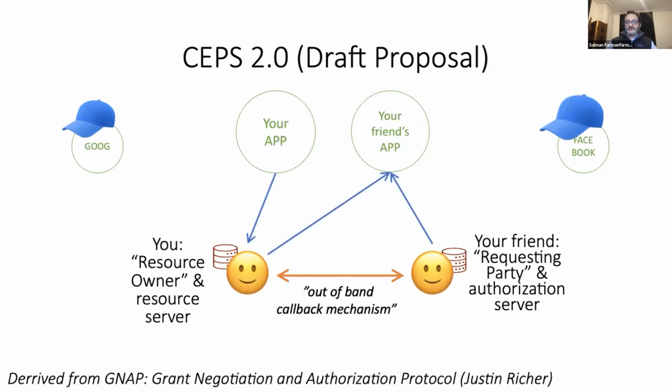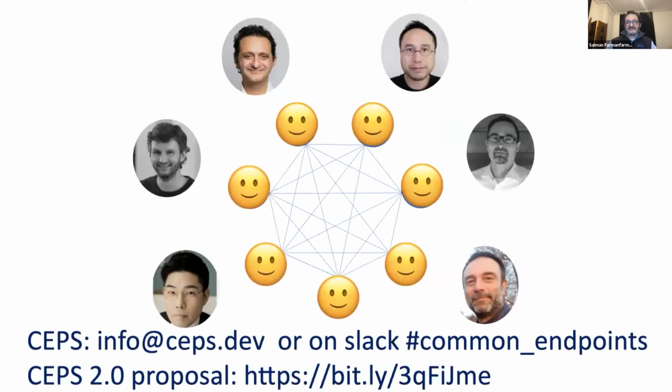So there we go. The proposal is still in draft form, and we haven't all agreed on it, but that's what we're working on. In fact, a lot of the people in this session are regulars in the MyData Common Endpoints bi-weekly calls where we debate these kinds of things. We also got together and organized a session, so many of us will be talking next about related topics. And obviously, if you're interested, you can check out the CEPS 2.0 document, which is linked here as well as on the KikoChat website. You can also send us an email at info@ceps.dev.